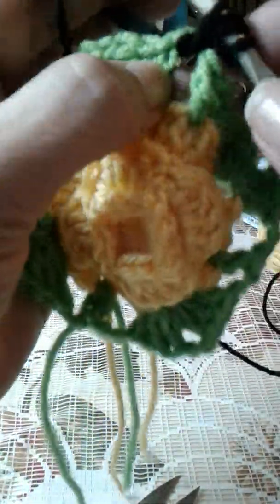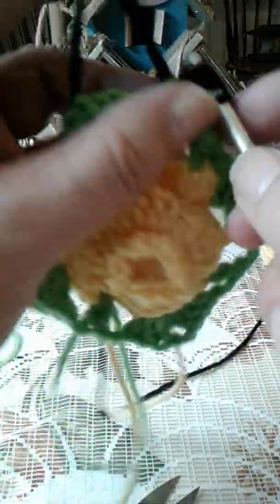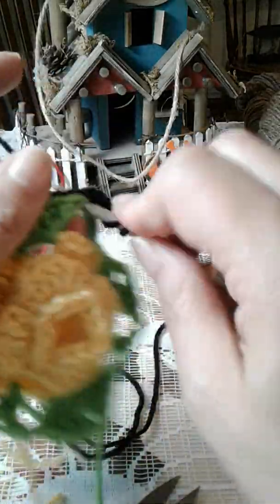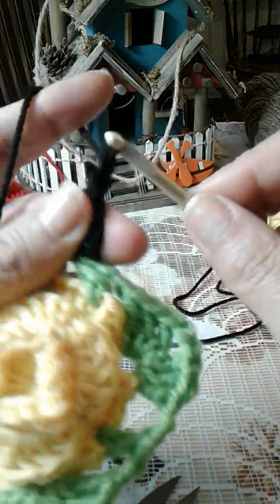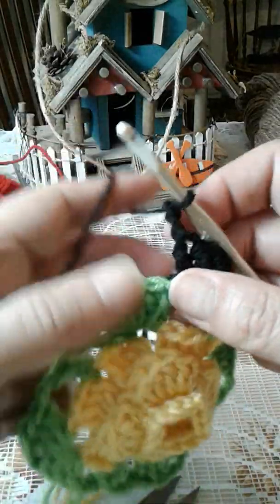I'm going to hide that tail right into it. So we're going to double crochet. No, I don't think that's a good idea. It's really thick. We're going to double crochet 3 double crochets into this first chain space. There's 1, 2, 3. Wow, is that ever dark? Then we're going to chain 1, going to chain 2,